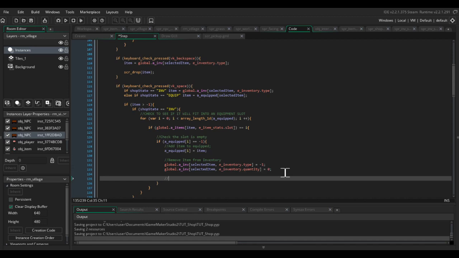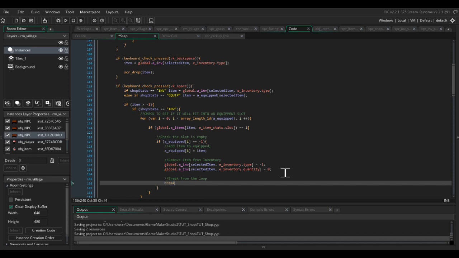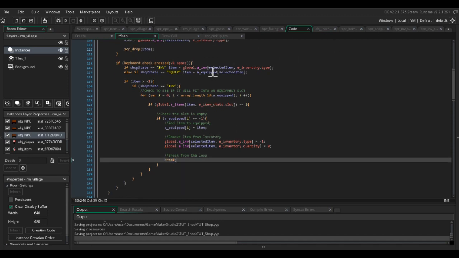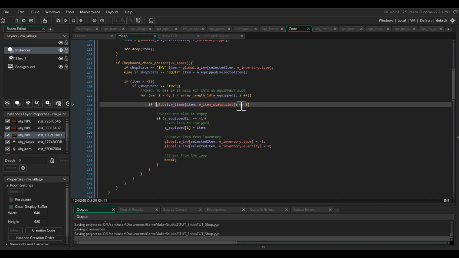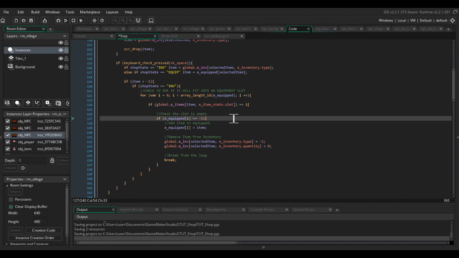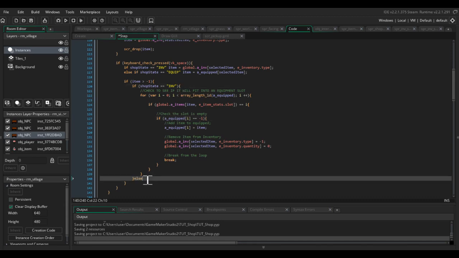And finally, break from the loop. That should do it. Okay, else